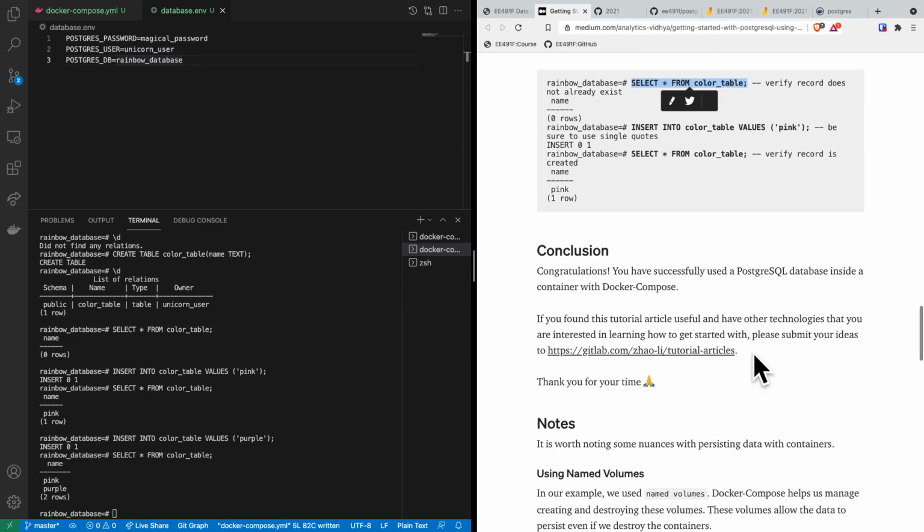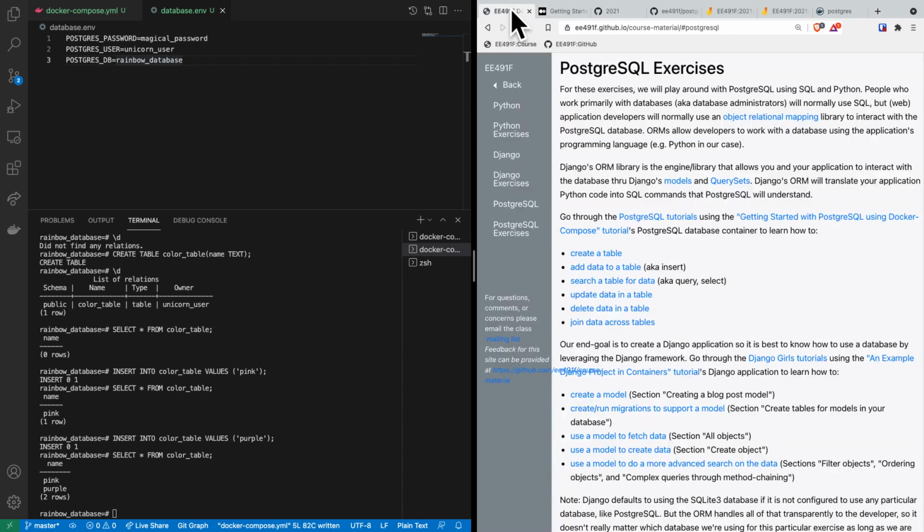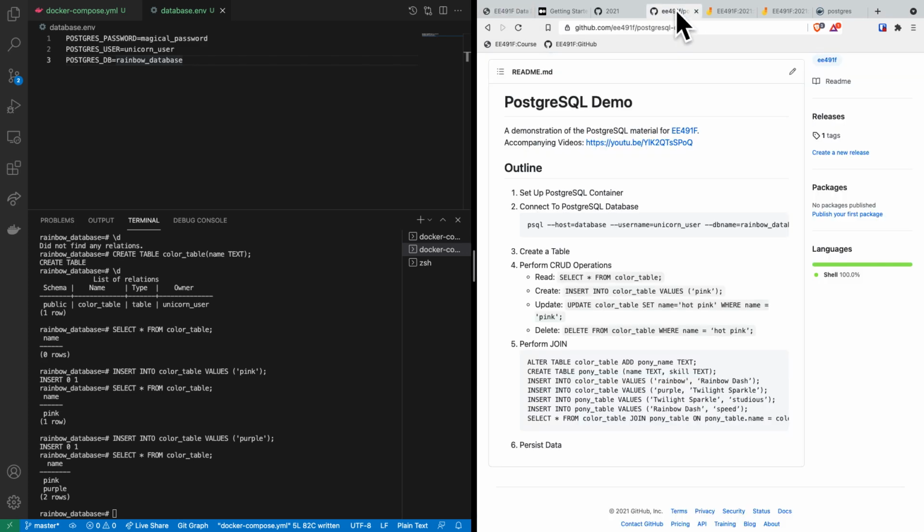Okay, so that ends this article, because the intent of this article was really getting Postgres installed, and this is a quick and easy way to check that Postgres works. But for us, we're going to do more of the CRUD. So I'm going to go through